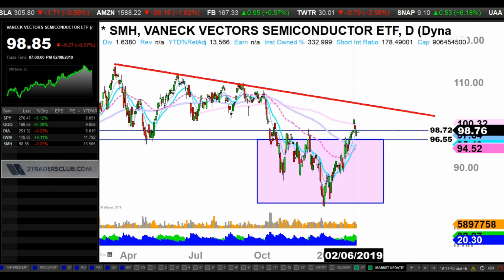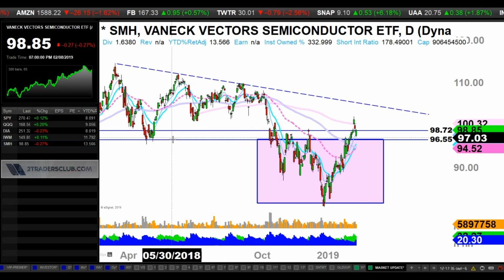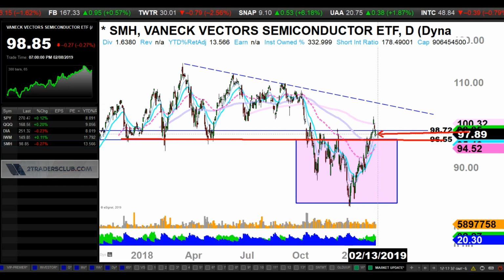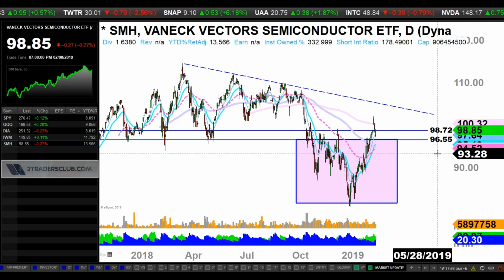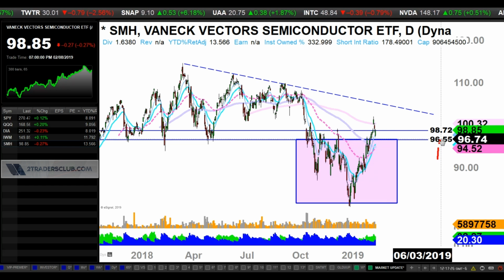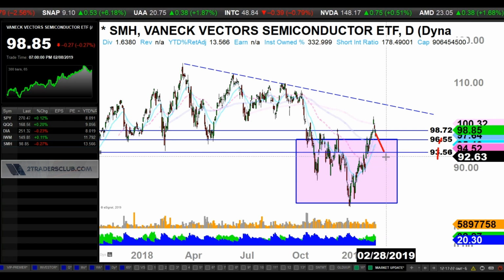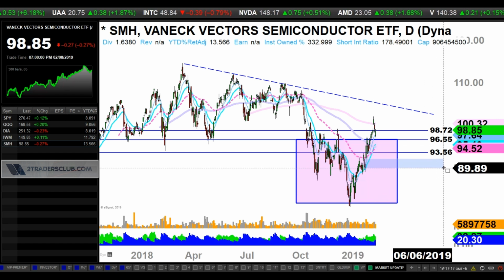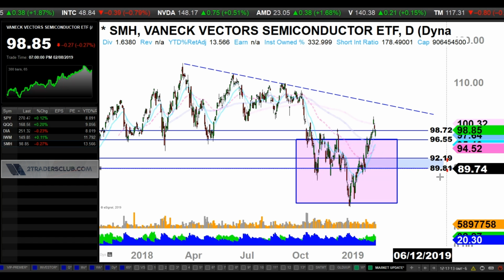It looks like we had some gap downs here, but we're holding this level. I think this is a level where we're seeing some support. I think you want to see at least 96.55, at the worst case maybe 93.28 or so, in that 50 MA vicinity. This may come down, but there's a gap here. Yep, that's the gap, so that's a gap bulls may want to protect for the momentum to continue, right?